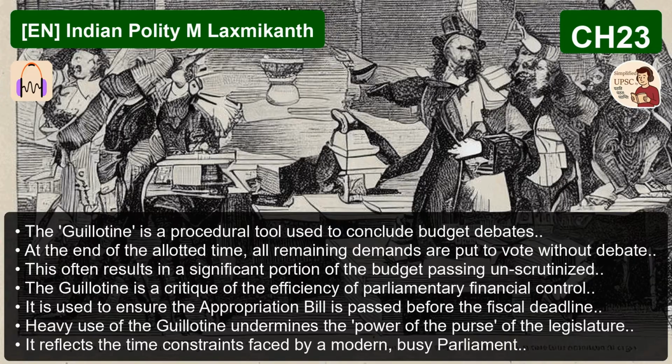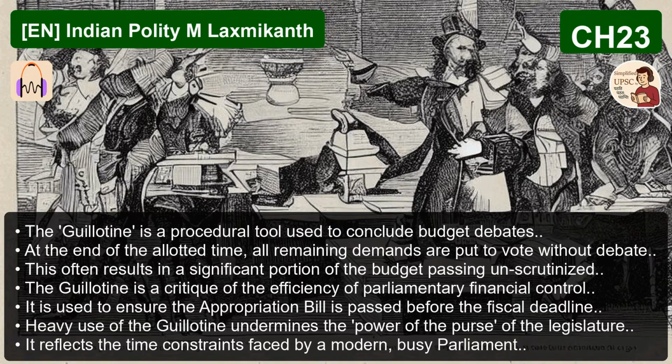Essentially, yes. Second, under Article 312, it can authorize Parliament to create new all-India services, like the IAS or IPS. Since these services staff key posts in state machinery, their creation requires the specific sanction of the state's representatives. That's fascinating. It's a check to protect federalism. It is. The third power is about the removal of the vice president under Article 67. A resolution for their removal can be introduced only in the Rajya Sabha. Because the VP is also the chairman of the Rajya Sabha. Exactly. The proceedings have to start in the chamber he presides over. And the final exclusive power.